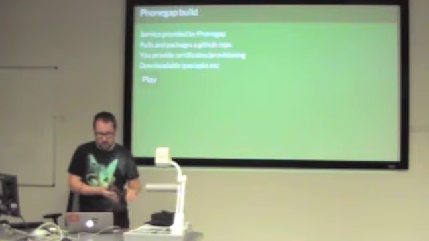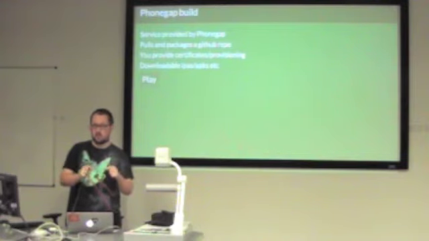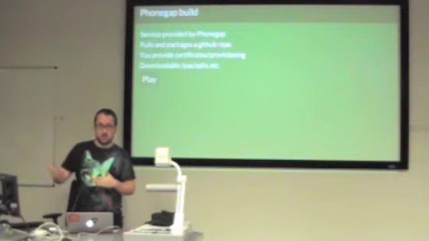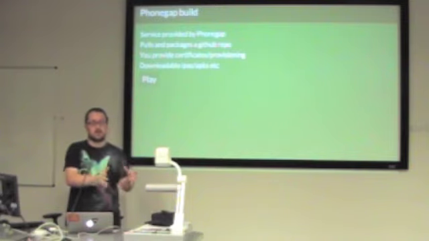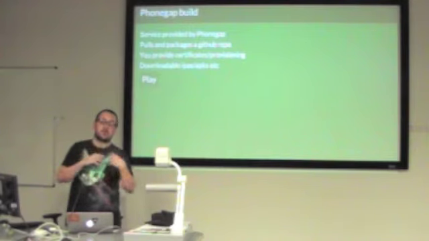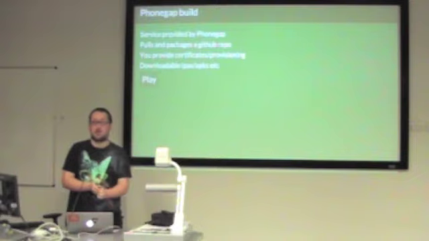Or if you're doing Apple, you send up your provisioning certificates and you give them your secret key, which sounds a bit dodgy, but it's fine. And you sign in with your GitHub account, and it pulls the repo that you specify, looks in it and goes, that's a chunk of HTML, wraps it in Phonegap, does some churning in the background, and sends you back a file that works, which is actually really fast. It's about as fast as doing it on your own computer, but you don't have to worry about where you installed your latest Android